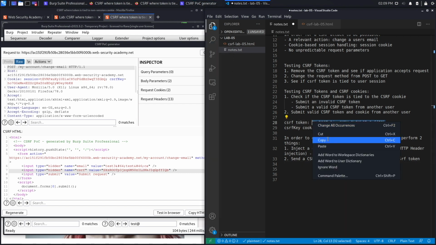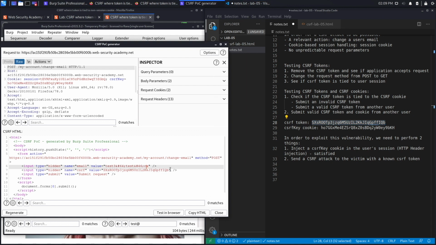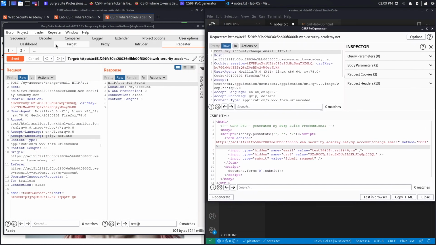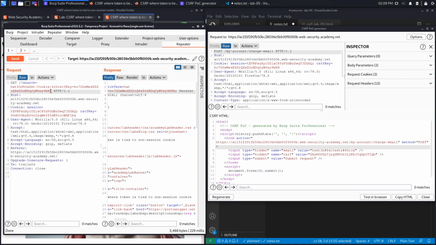So let's copy that over here and put it in here. And then you've got the submit button. And what this does is it automatically submits the form. Now, I don't want it to just submit the form. I want it to first visit this over here. So if we go back, I want it to first make this request over here where it sets the CSRF key cookie value. So instead of having this, we're going to remove it